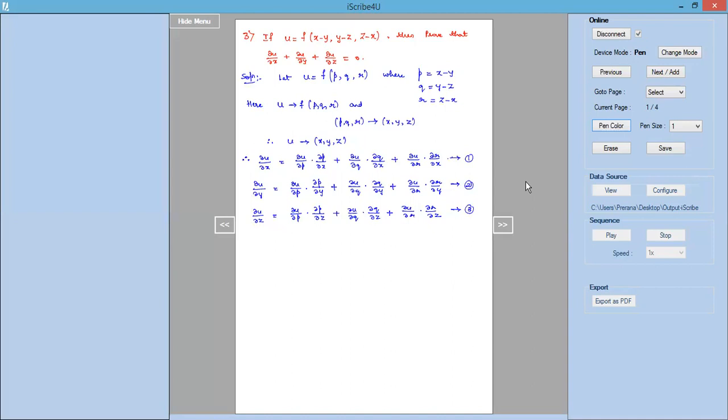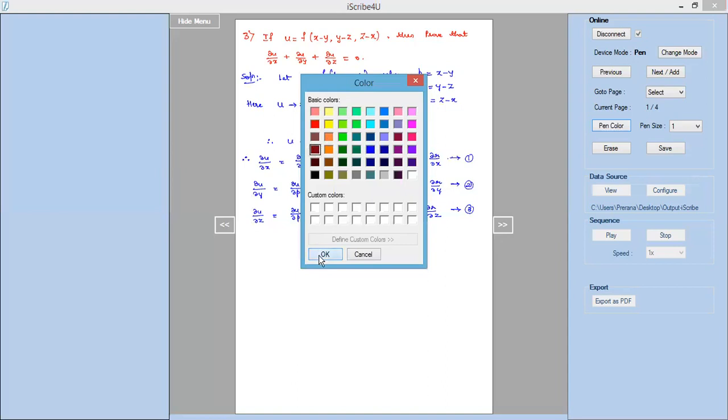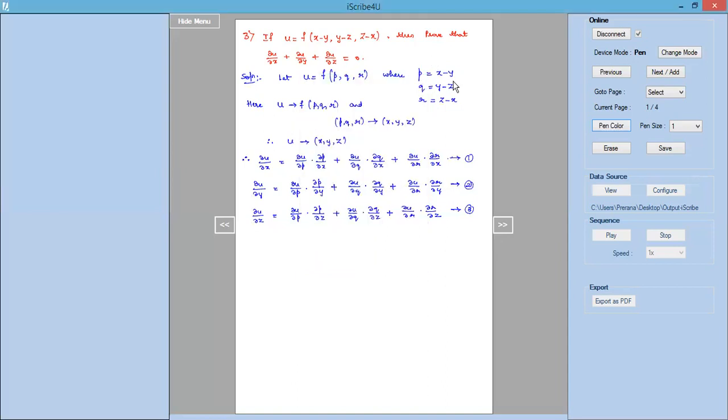So let us now consider p, q, r and find out the partial derivatives, whatever is required, that is ∂p/∂x, ∂p/∂y, ∂p/∂z. Similarly, ∂q/∂x, ∂q/∂y, ∂q/∂z. Like that, we will find out all the partial derivatives. So first, I will consider